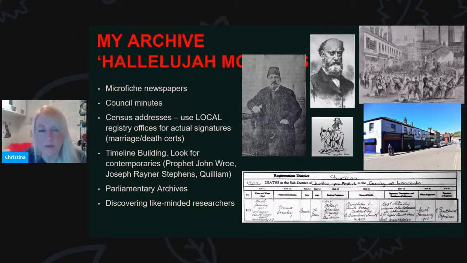Also, visiting the parliamentary archives, I found out some fascinating stuff about my great-great-grandfather, and he'd been called to Parliament as a witness to try and introduce the secret ballot for voting to protect the rights of the working men, because it was men at the time with the vote. And again, just bumping into other researchers in the archives